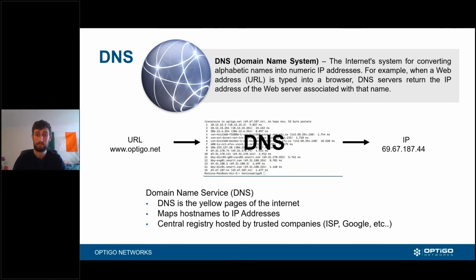Just a couple of fun facts. There was a virus a few years ago, in 2016 I believe, called Mirai. Mirai turned a bunch of security cameras into attack bots that attacked a few of the major DNS providers in the world. It flooded the DNS with so many requests that it was not able to respond to the real requests. For example, if you go to www.optico.net, the server was so bogged down by requests sent by security cameras that it could not respond to real ones, and it momentarily took down, quote unquote, the internet, a few of the major websites that we all use and love today.